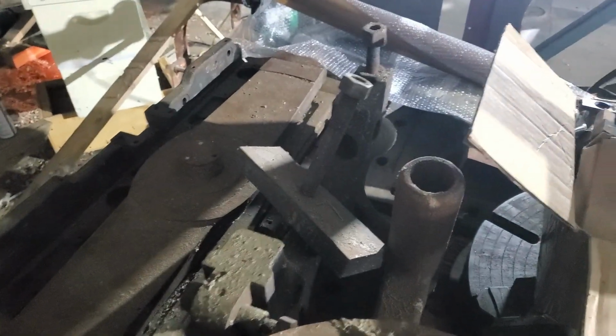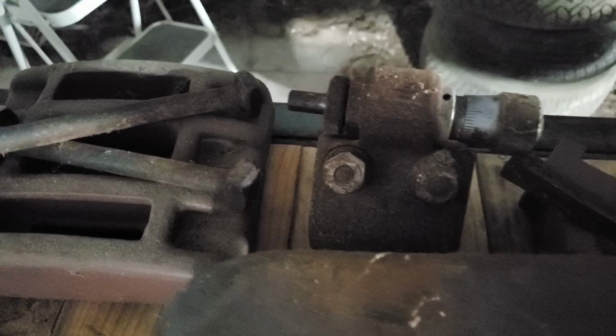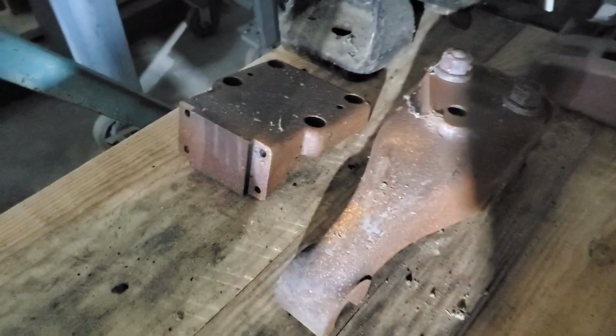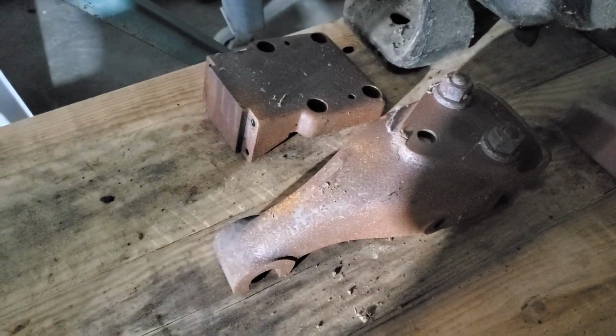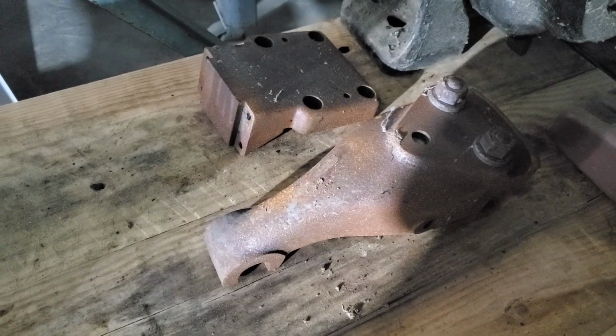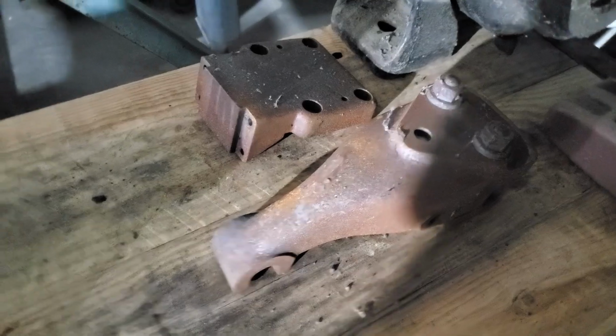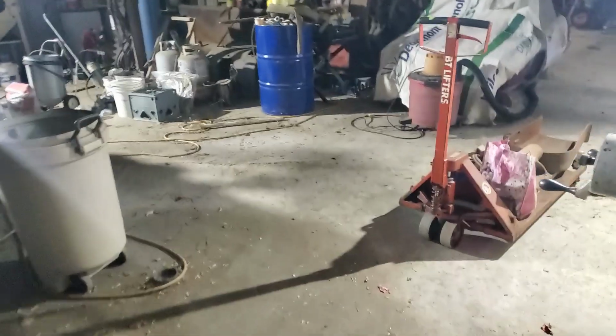But I've got the steady rest in here, the taper attachment, the compound. This compound was all ready to go. Vernier depth stop, all of it's got to be cleaned up. This was the stop rod for the taper attachment in follower mode, and John Oder gave me that. That was clean. So man, I've got my work ahead of me to get all this stuff cleaned back up,